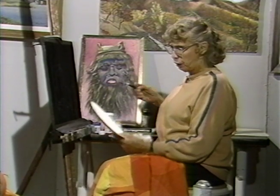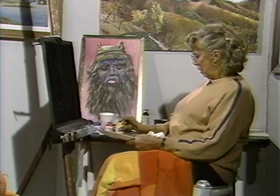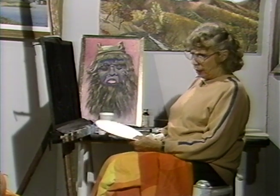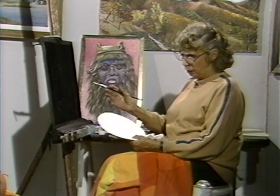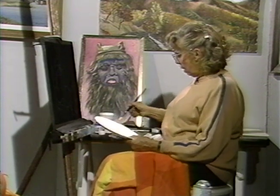People say, why don't you use acrylics? And I always get very snobbish about that too. But I've got acrylics, and I have the three primary colors. I've got red and yellow and blue and white. I do not obviously need anything like black or anything dark. So I'm going to be mixing acrylics